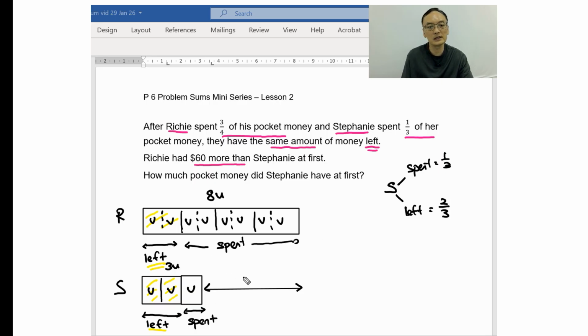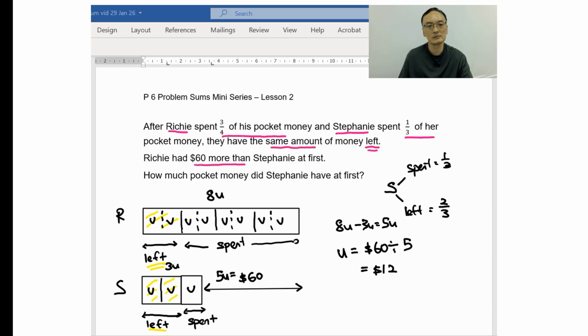The difference here is $60. So $60 is also equal to the difference of 8 and 3 units. So we're going to write here the difference of 8 units and 3 units will give us 5 units. So here, 5 units is equal to $60. So from here, we can solve for 1 unit. We simply take $60, divide by 5, and we will arrive at